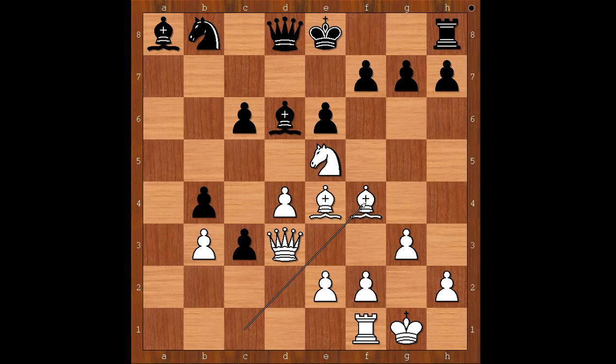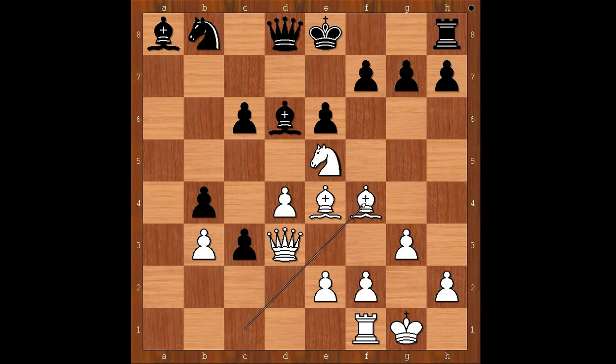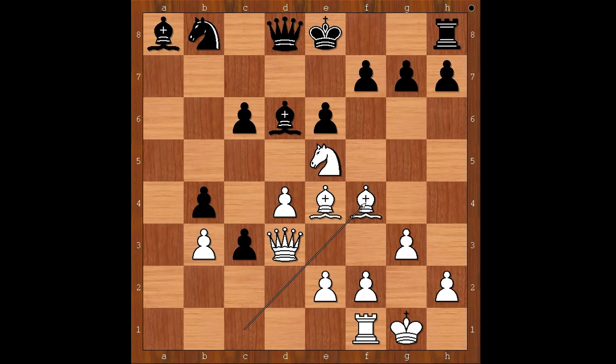Shirov would love to castle, but then, what happens then? Then bishop takes on h7. If g6, then perhaps rook to a1, attacking the bishop on a8, and after bishop to b7, rook to a7. And white's position is much more fun to play. Back to our game. In this position, Shirov played